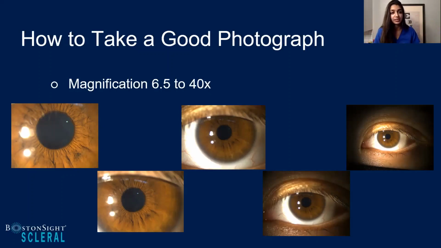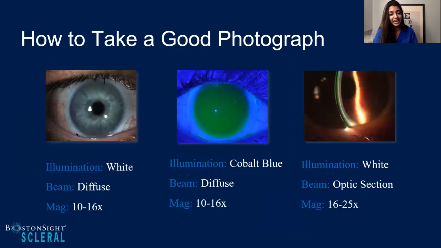As you can tell just on this slide, the various magnifications are going to give you such different pieces of information. Oftentimes I find if you're only working on one magnification, you're going to miss another part of the picture. So the goal is to continuously spin that dial for magnification. This is a great example to summarize how illumination and lighting, using different beam heights or types of beams, and magnification can give you different information.